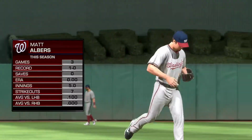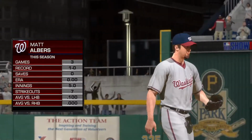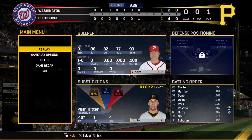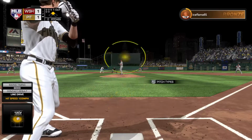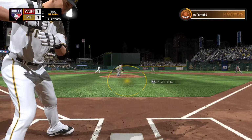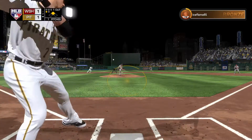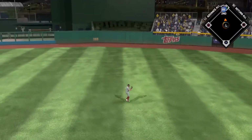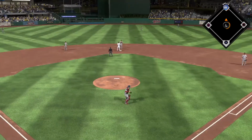He started out the evening 0 for 2 so far. Matt Albers will come on and make his 4th appearance in this campaign. Matt Albers. From the stretch. Started to go down after it, and he couldn't hold back. It's strike 1. Good lead there at second. Here's the pitch. Line towards center field. But sadly for him, this will head straight to the center fielder as he puts it away without much trouble